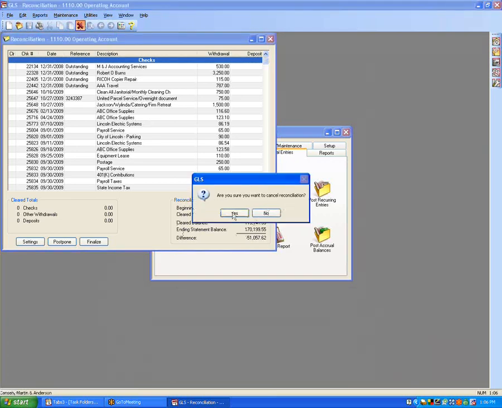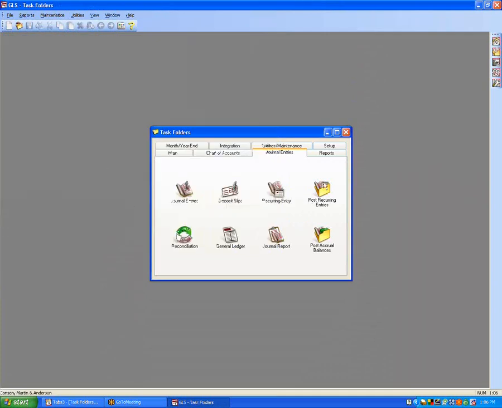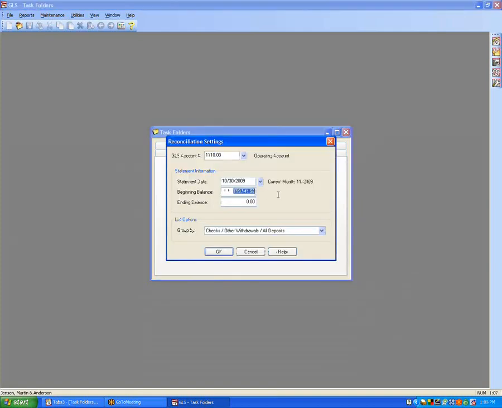Are you sure you want to cancel this reconciliation? Yes. It's going to wipe out everything that you've just done, or if there's nothing done, it'll just get out of it. Or if you are ready to finalize that statement and you just didn't hit finalize, you can finish it up and finalize it and then do whatever activities you were trying to do before. Okay? So I'm going to come back in here, and I am going to put the beginning balance